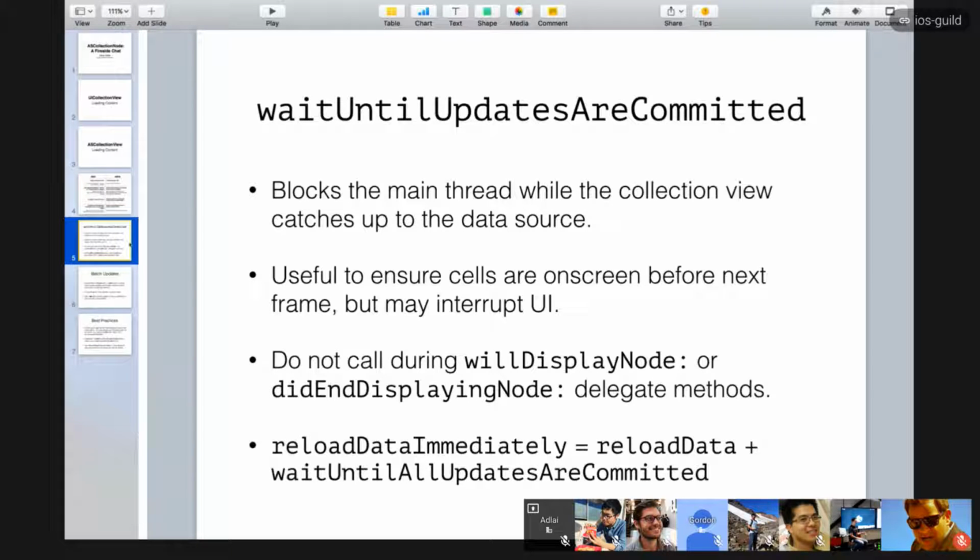The method's also useful if you inserted 5 items into the collection view and you want to get the node that resulted from that. So you inserted 5 items, you want to get the node for item at index 0 now. This method is useful there. There is some overhead, obviously. It can interrupt the UI because basically the big,